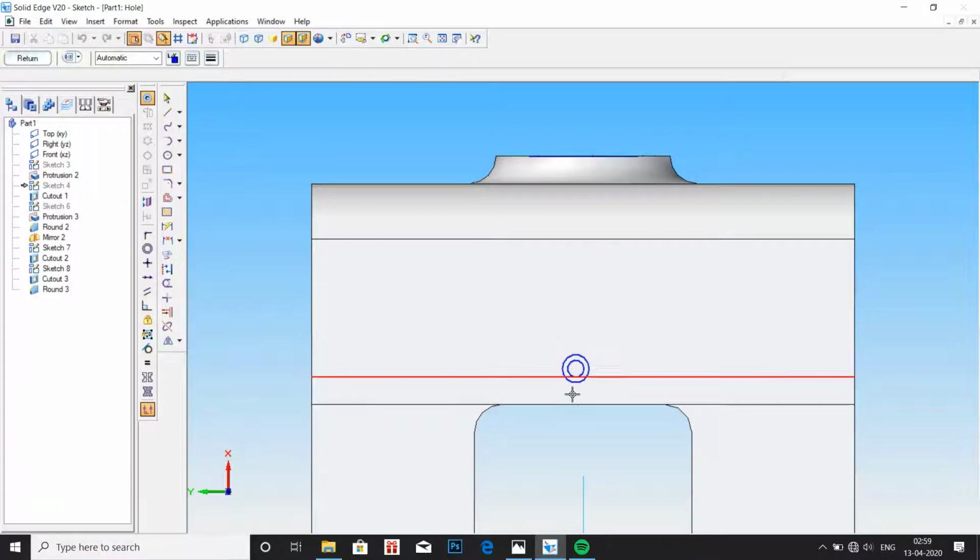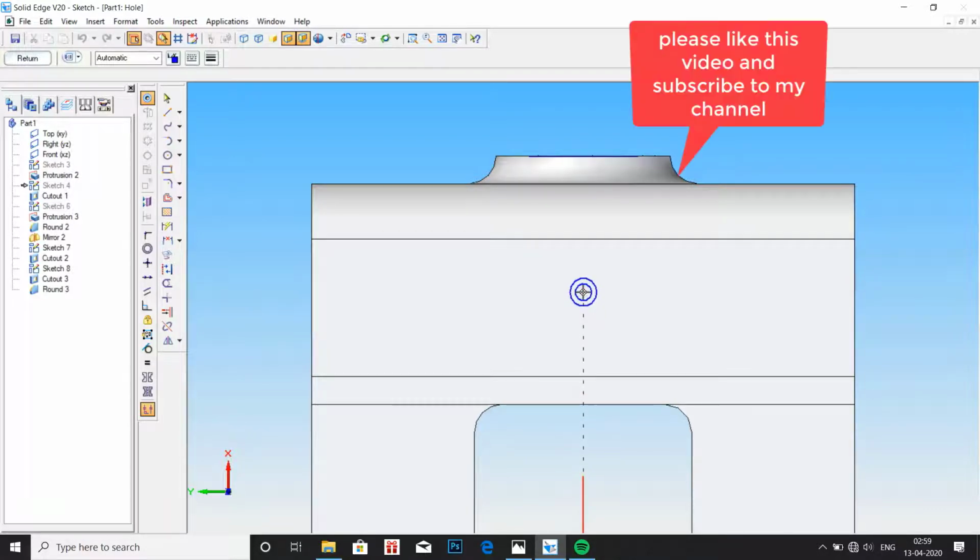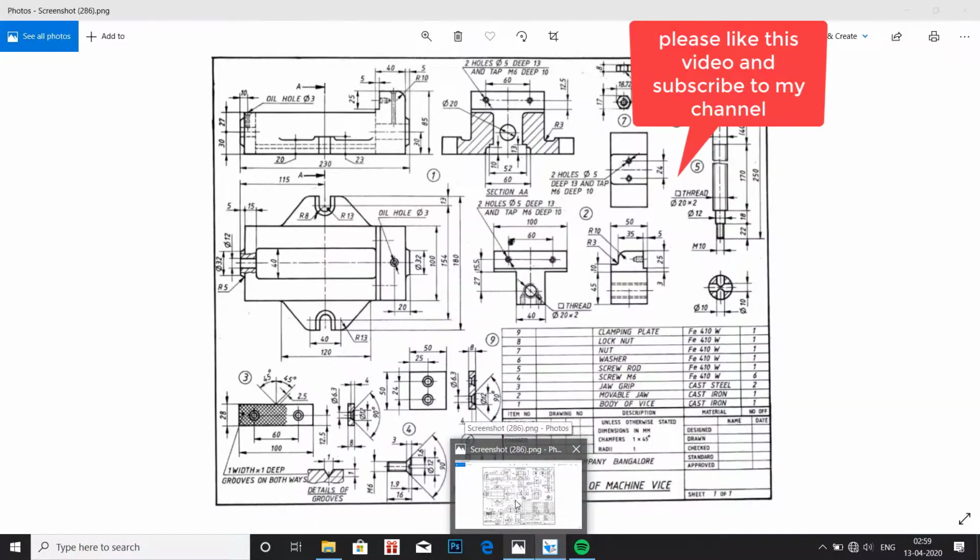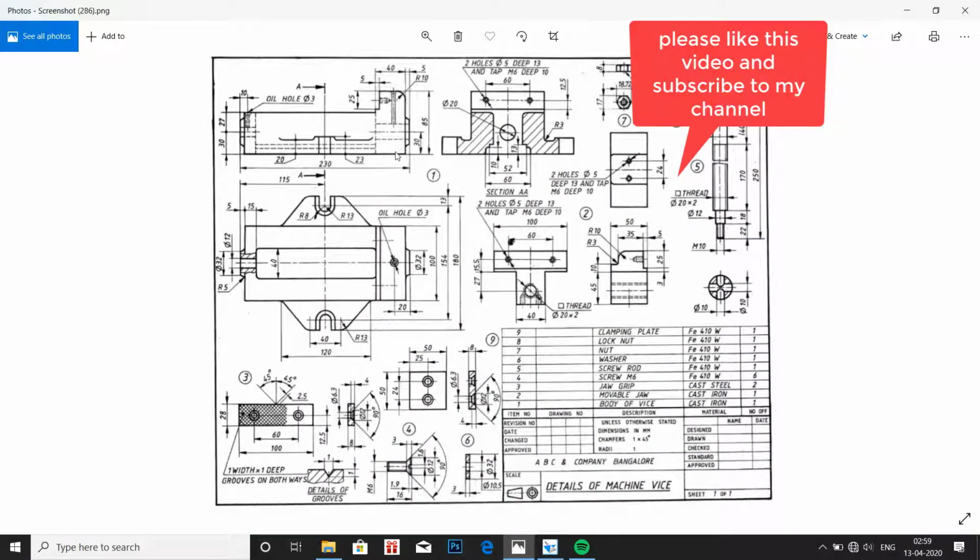So place it at the center by using the plane and the dotted lines. Here we can see that it is at a distance of 20 mm from the hole protrusion.